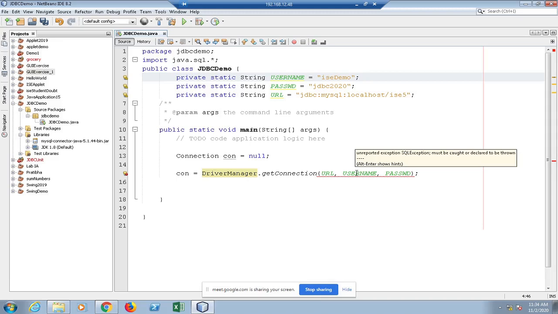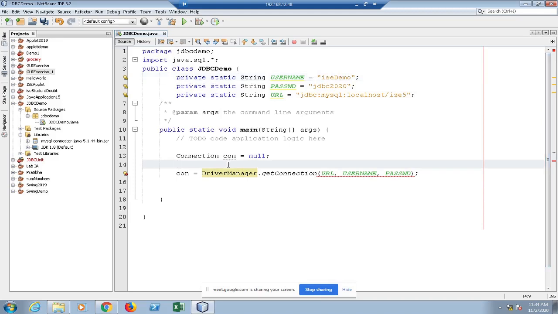Good. So whenever you have exceptions which should be caught or declared in advance, those are called checked exceptions. Otherwise, the compilation process will not proceed. It will be reported at the time of compilation. So either I should declare it or I have to place it within try catch. Try followed by catch.